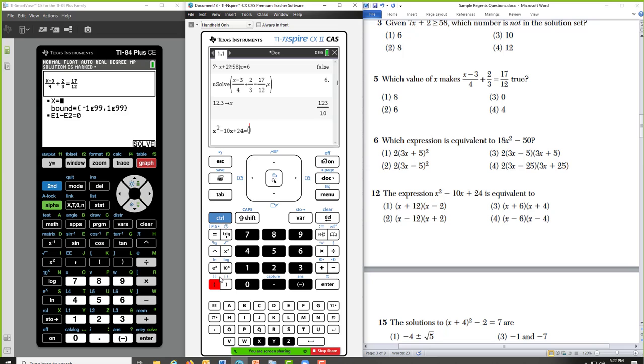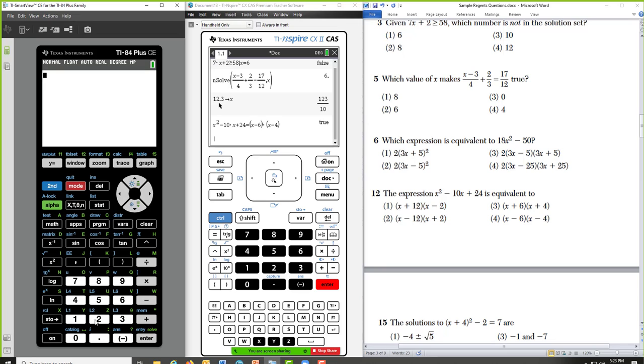So open parentheses, I'll do x minus 6, x minus 4. Because I stored 12.3 into x, I got that true. Now, I want to make it clear why I store 12.3 in for x. Let's just say you have a student that doesn't listen to you, and I know that never happens. They are on everything you say. And a student decides, I'm just going to use 2.